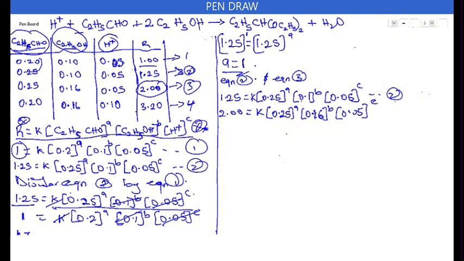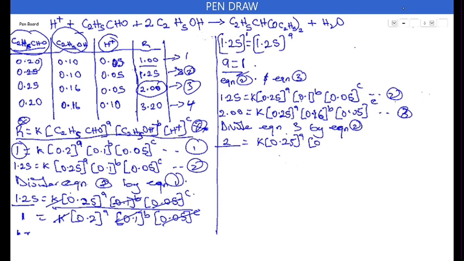So we can now divide. You can just say, okay, this is equation 3, and divide equation 3 by equation 2. So how do we do that? That's very easy. Just say 2 divided by, since equation 3 is 2 equal to k, 0.25 raised to power a, and 0.16 raised to power b, and 0.05 raised to power c, divided by equation 2, which is